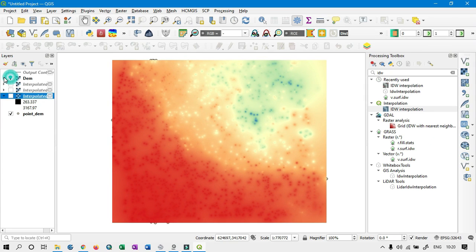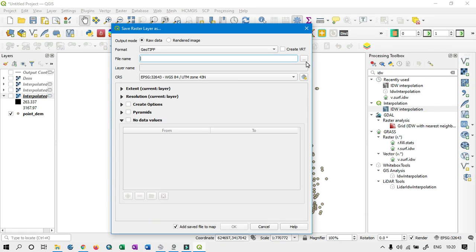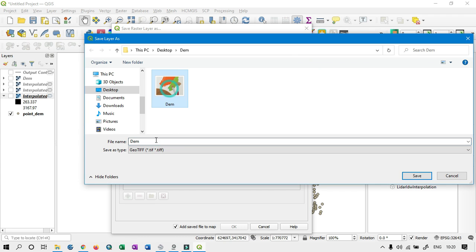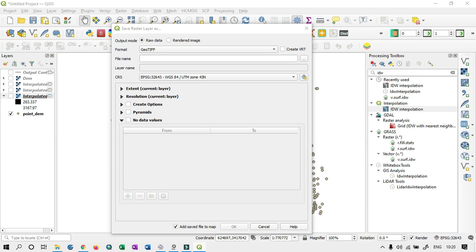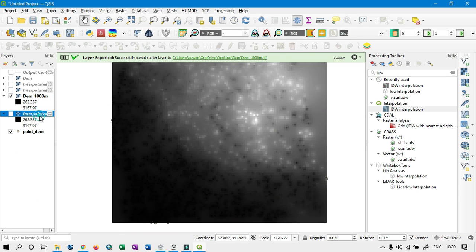but I already created the 30 meter resolution raster DEM here. After creating the raster DEM, before visualization, you have to save the raster with save layer as, as a TIFF file. From here you will be able to save the result. Let me save it here as DEM 1000 meter. The rest of the things will be unchanged. Let's hit OK,